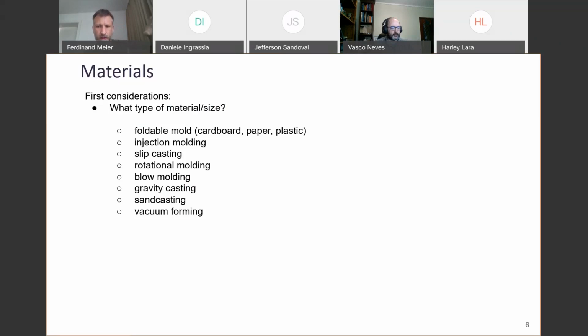So if you pour some liquid porcelain or clay in there, the gypsum will quickly absorb the liquid at the boundary of your object. So there's going to be a layer growing at the inside wall of your piece. And after a while, you can pour out all the porcelain that is still liquid, and then you dry it,